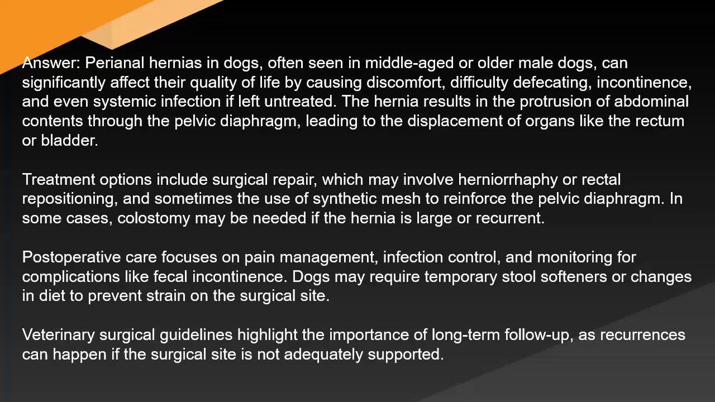the rectum or bladder. Treatment options include surgical repair, which may involve herniorrhaphy or rectal repositioning, and sometimes the use of synthetic mesh to reinforce the pelvic diaphragm. In some cases, colostomy may be needed if the hernia is large or recurrent. Postoperative care focuses on pain management, infection control, and monitoring for complications like fecal incontinence. Dogs may require temporary stool softeners or changes in diet to prevent strain on the surgical site. Veterinary surgical guidelines highlight the importance of long-term follow-up, as recurrences can happen if the surgical site is not adequately